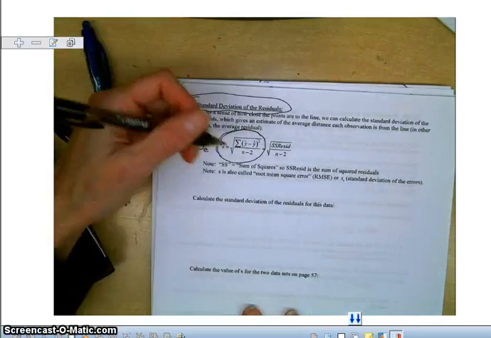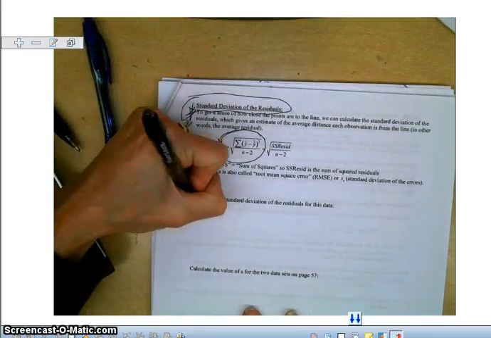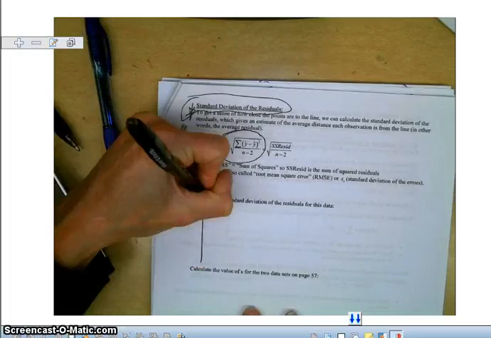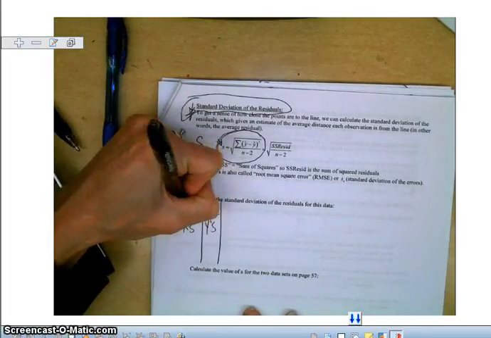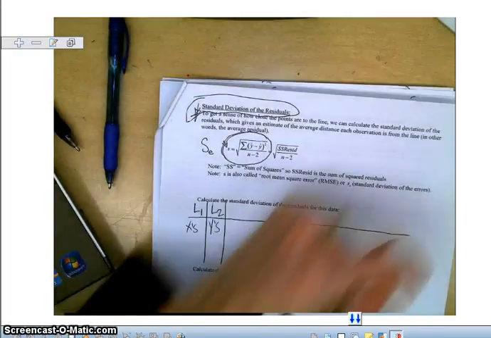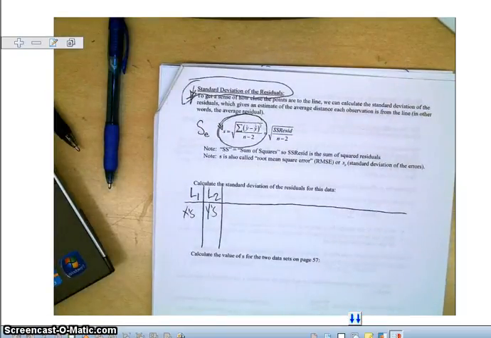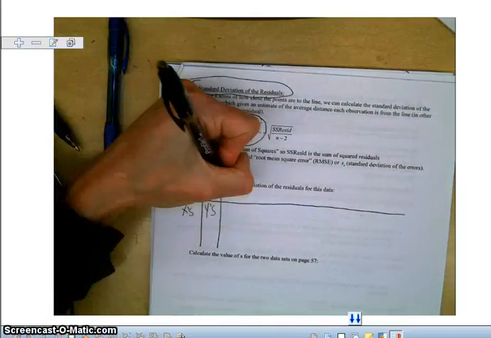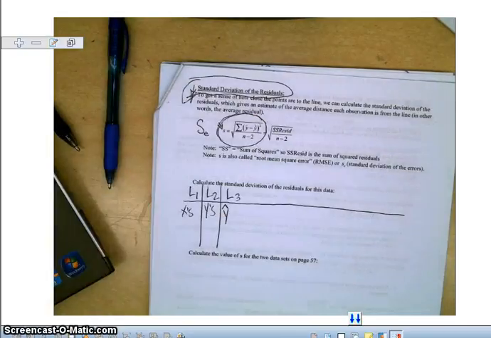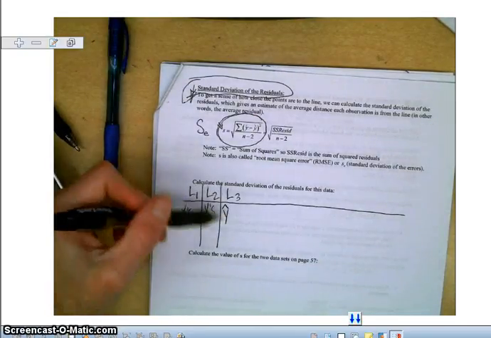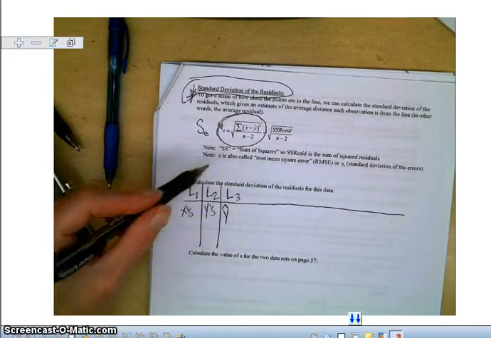So to calculate the standard deviation, we have list 1, we have the data. List 2, we have the y values, we have the x's, and we have the y's. I'm not going to write them all down here. I'm just going to tell you what to put in each of your lists. So now what I need to do in list 3 is I need to get the y hats. So these are actually just instructions on how to do what you're doing, and I'm going to do it along